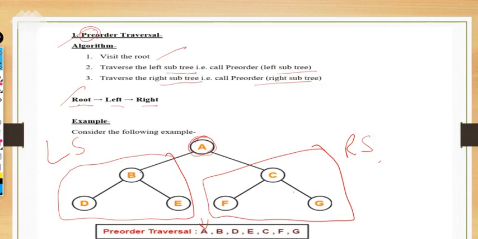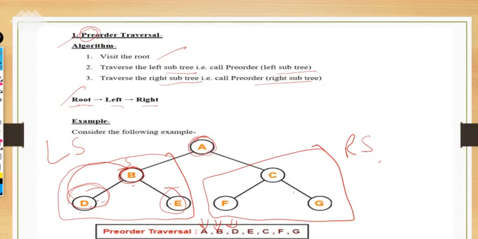First, in the left subtree, what is the root here? B. So we write B here, right? Next, is there any left of B? Yes. So first we cover the left subtree and then the right subtree. Is it a root? Yes, so we write D here. Next, is there any left subtree here? No. Is there any right subtree here? No. Then we come back. That is called backtracking to the root.